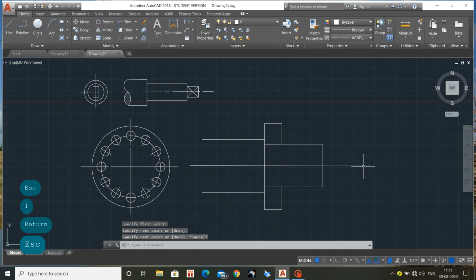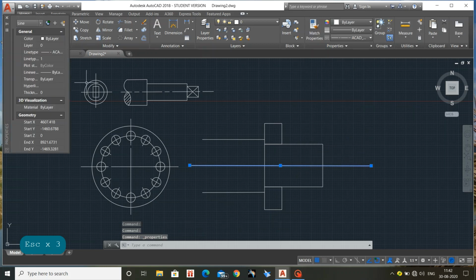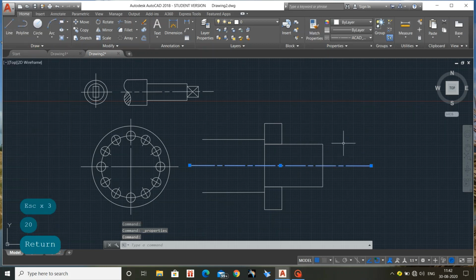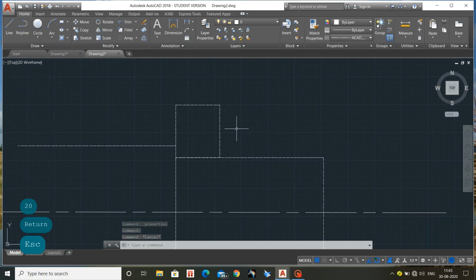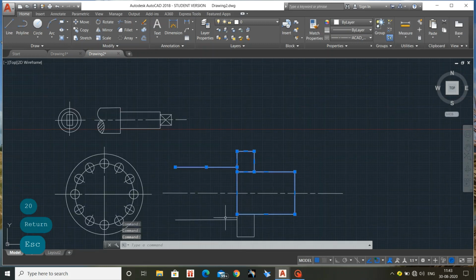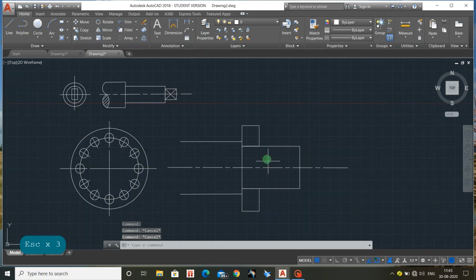I'm changing this axis into axis line. Okay, done. But it is not clear, so I'll change the properties. See, okay, it's fine now. So I'll show you these are also in the axis line. I'll change it. I'm changing. Okay, done. Fine.